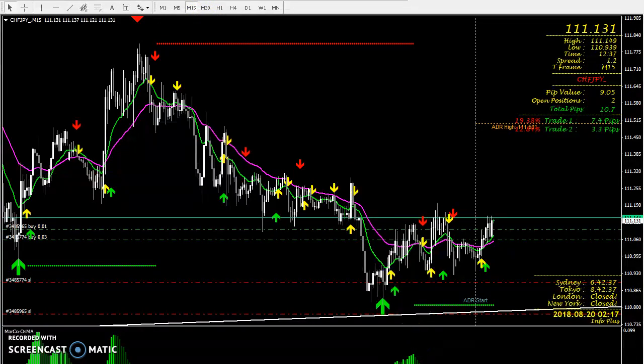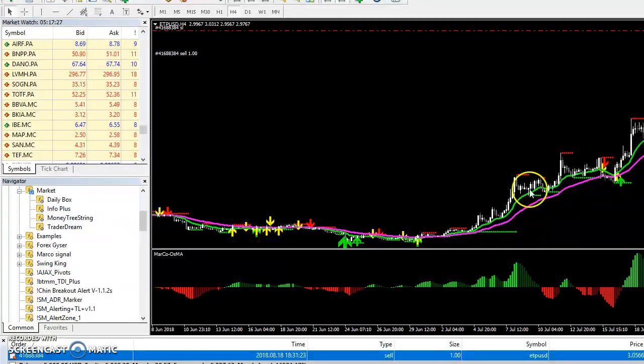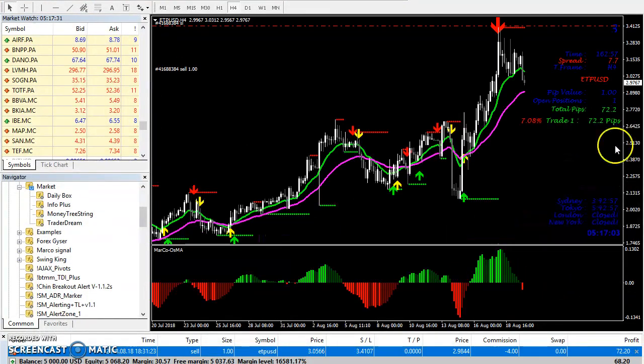Let me show you another trade that we took. And let me shrink this screen right here so you can see how many pips we are on. So as you can see on this one, guess what? This is actually a